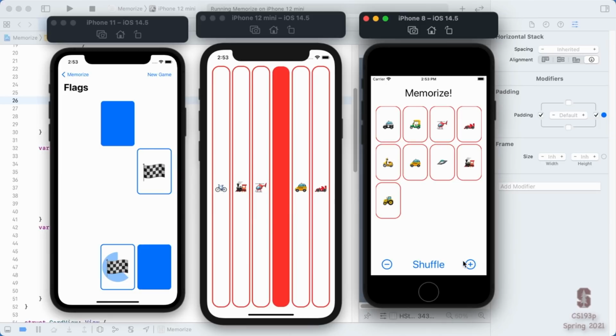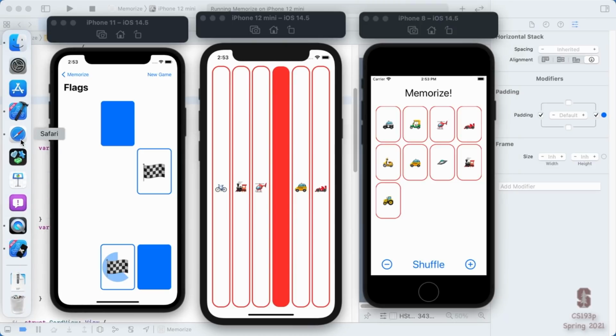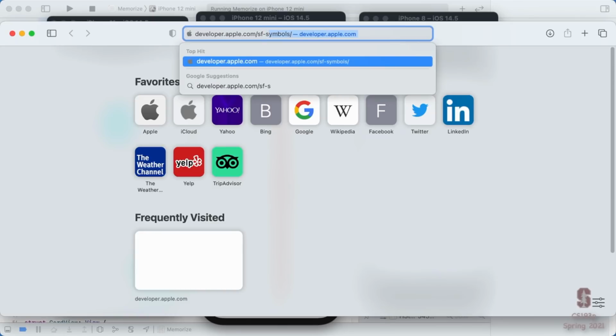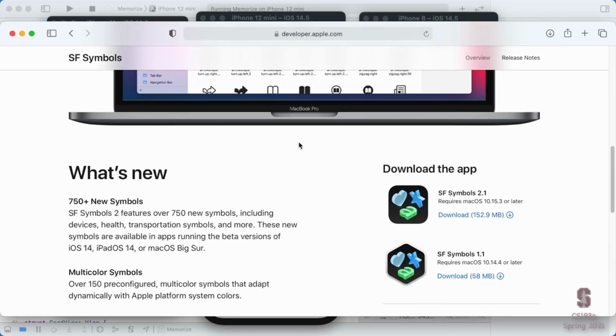Apple has made hundreds and hundreds of these pre-built little symbols. And the challenge for you is just to pick the right one. And so they provided a really cool app for you to search around all these symbols by keyword and find the thing you want. Let's look at that first, and then we'll see how we actually create an image Lego brick that would show this. The app we want is called SF Symbols, and you get it by going in your web browser to developer.apple.com/sf-symbols. And when you go there, you're going to see this app. There it is, SF Symbols 2.